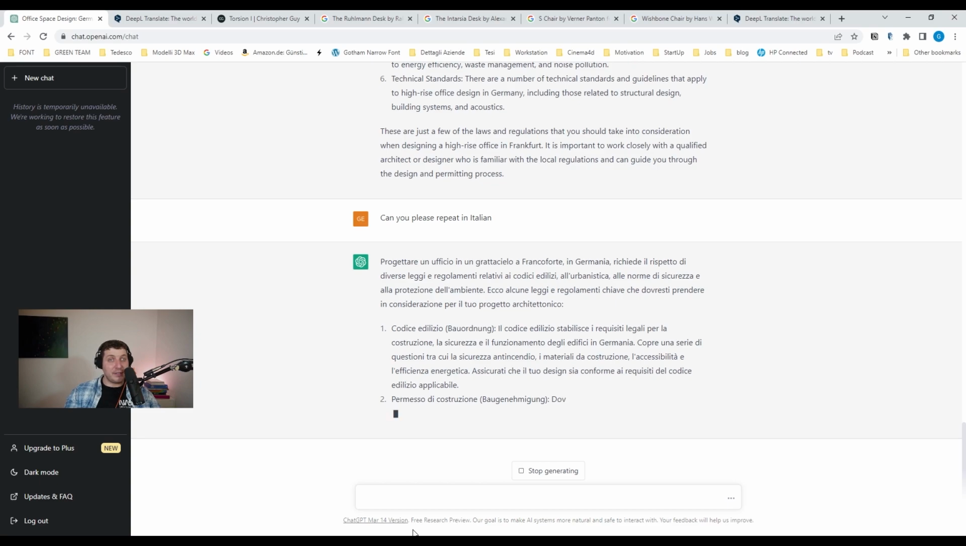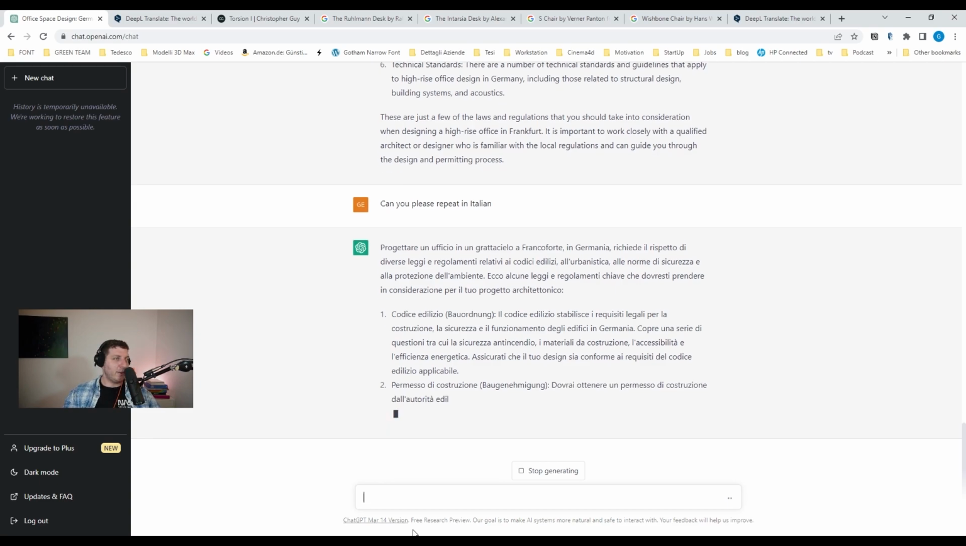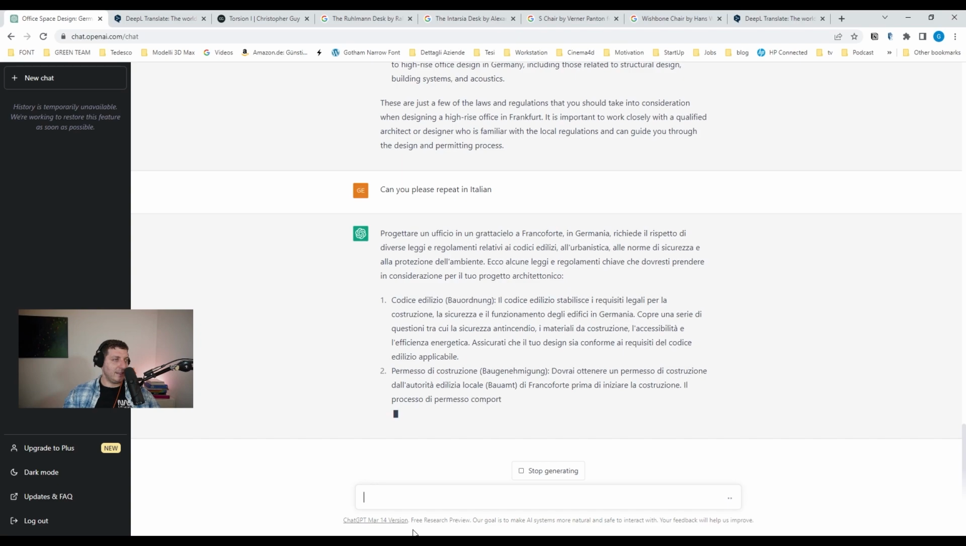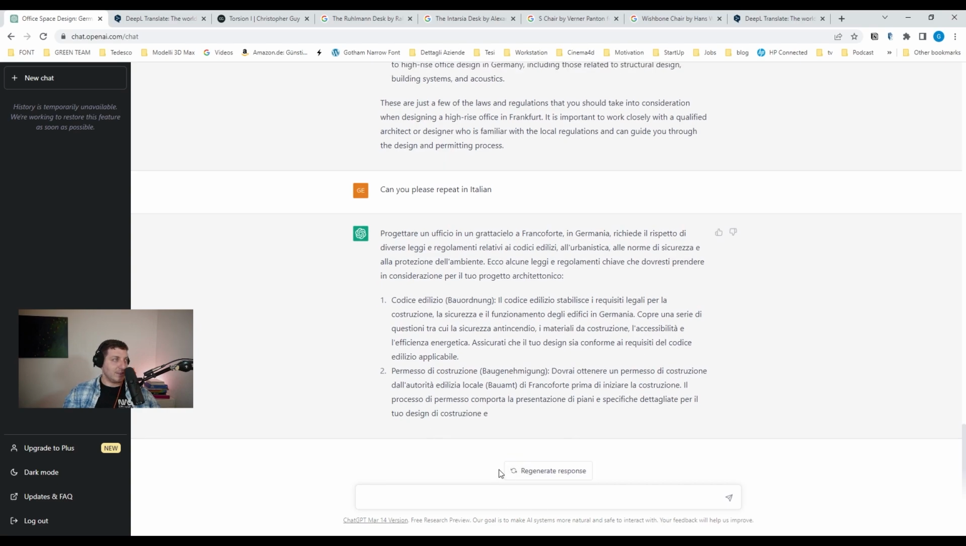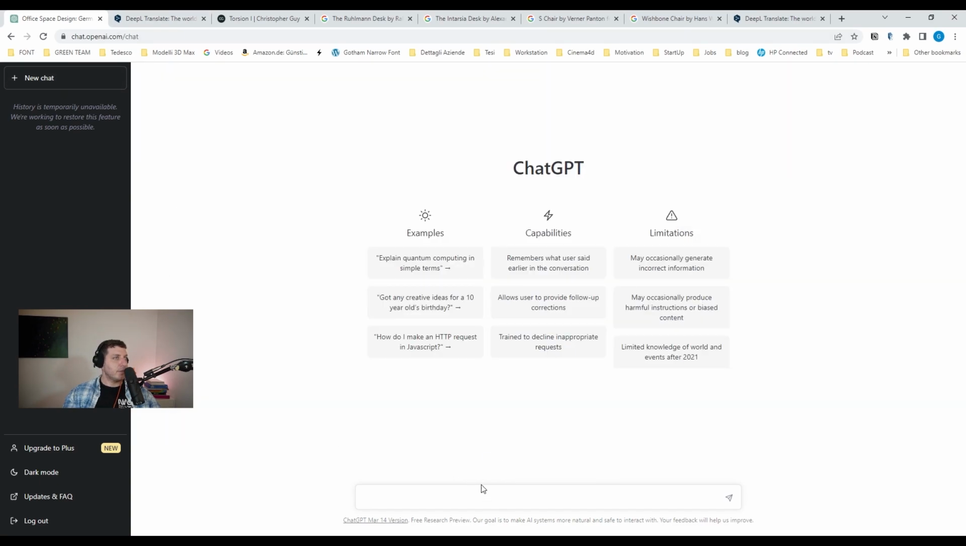Especially, I've never tried the fourth version, ChatGPT 4. So probably it's going to be even more efficient and accurate than any other translator. Anyways, it's the same thing in Italian. I'm going to stop generating because it's going to take too long. But what is great about ChatGPT is that you can quickly generate content also for your social media,